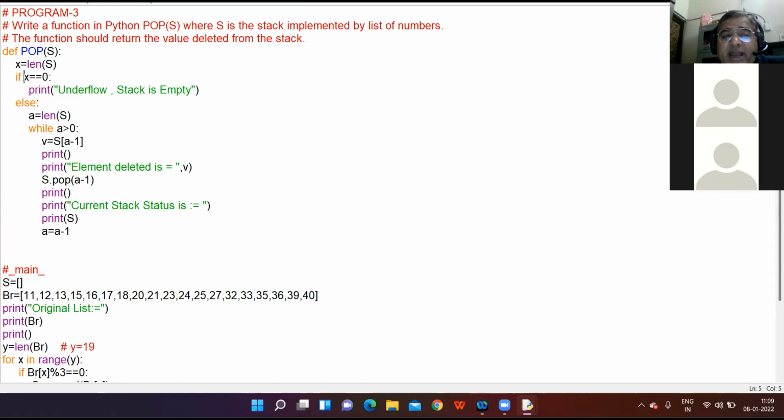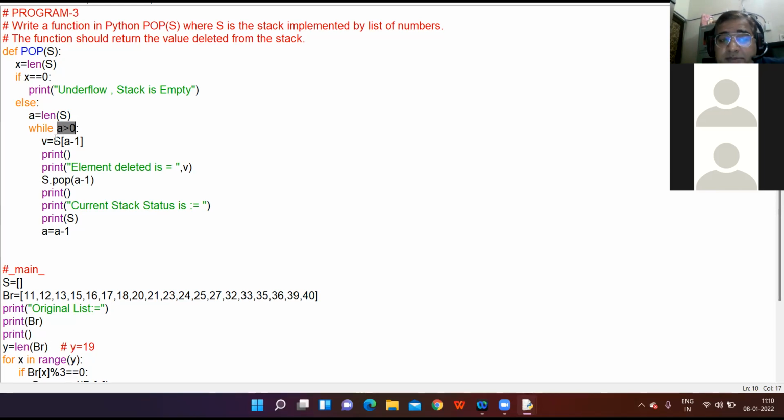If x is 0, it means there is no single element which is divisible by 3, so your stack remains empty. If x is 0, then obviously you print the message underflow, stack is empty. Otherwise, find the length of the stack and put the length in A till your length is more than 0.